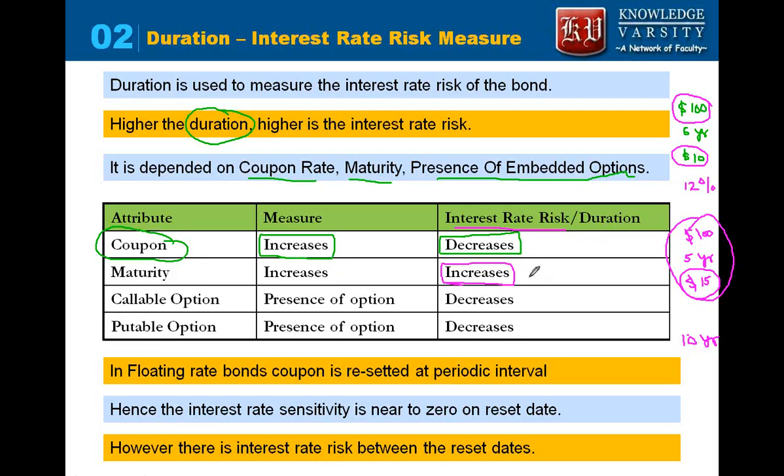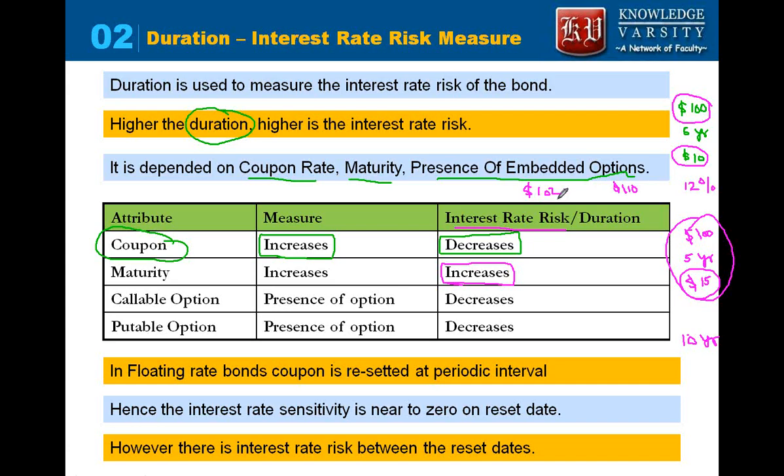Next is the presence of a callable option or a puttable option. We saw that a callable option will enable the issuer to buy back the bond at a specified price. So when there is a fluctuation in the interest rate, let's say the issuer had said that he can buy the bond at $102, and the price of the bond has become $110. This is a hypothetical case. I will let you know why this price cannot happen, but let's say the price can run up to 110. The issuer will buy back the bond.